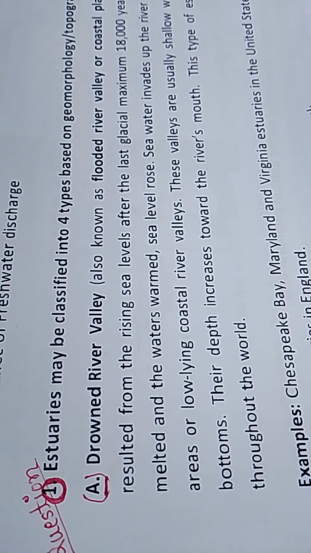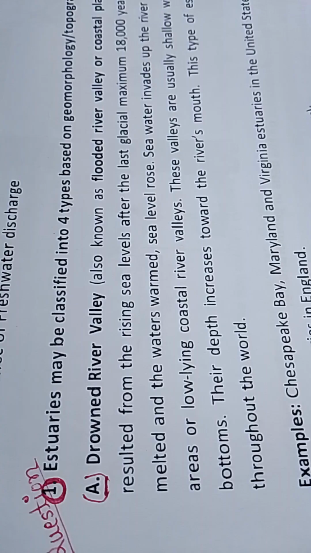Classification or types of estuary. Estuaries may be classified according to three types: geomorphology or topography, water circulation, stratification, and water balance or freshwater discharge. Estuaries may be classified into four types based on geomorphological topography: